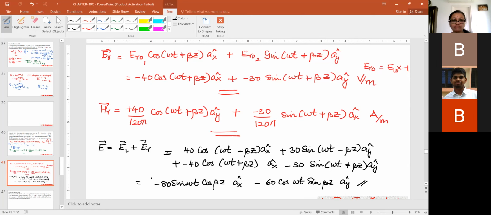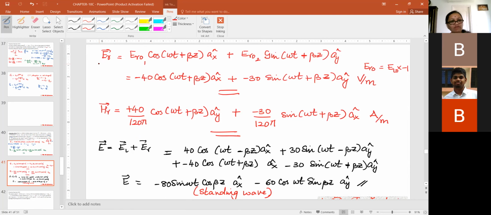So what do you make out of this equation? Is it a traveling wave? What you get is going to be a standing wave. The incident wave and the reflected wave are just the same except for the direction. Therefore, they form a standing wave. So this is the equation of the standing wave that you have got. This is E total. ET I don't want to put because ET stands for transmission. So let us write it as E total, equal to EI plus ER.